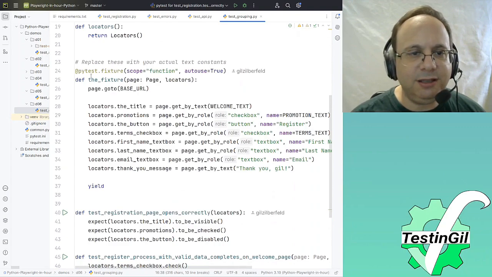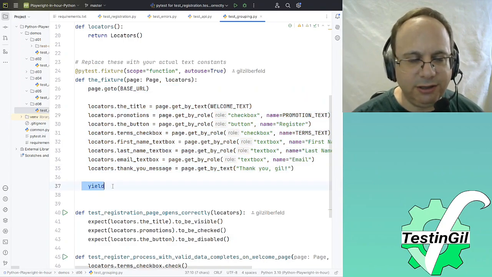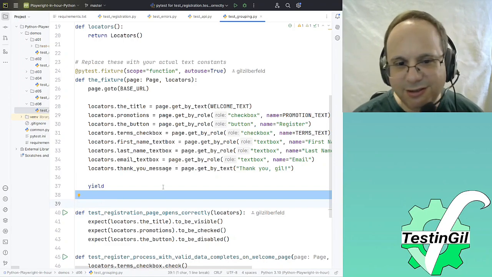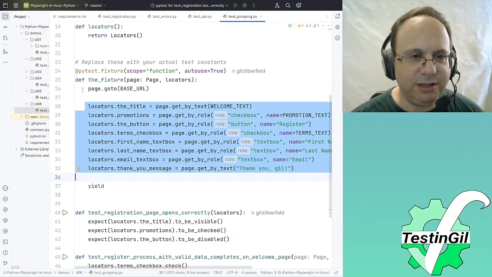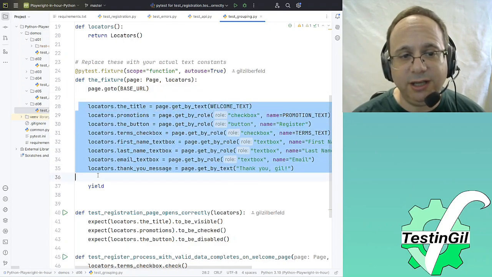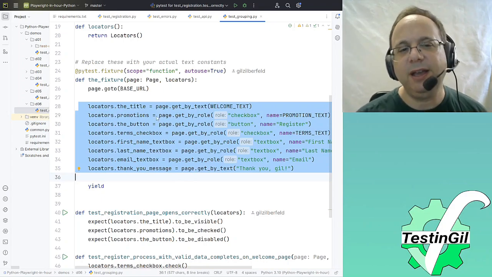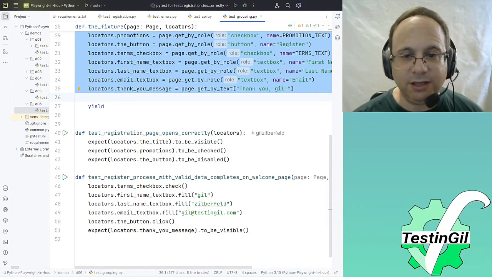And then in the fixture itself, I define what I want to happen before the test, call yield, which executes the test, and whatever happens after it, which is today nothing, can run after the test. So basically what I do here is do the navigation and find the locators, or I tell Playwright how to find the locators, and then for each test, it will run this before that. So the tests become a lot shorter, more readable, and they do the same thing.